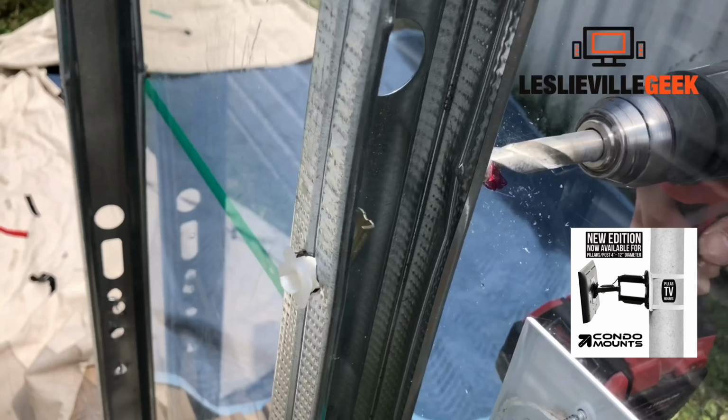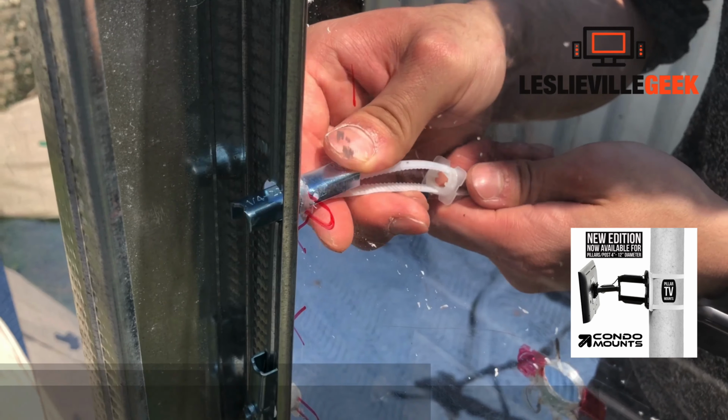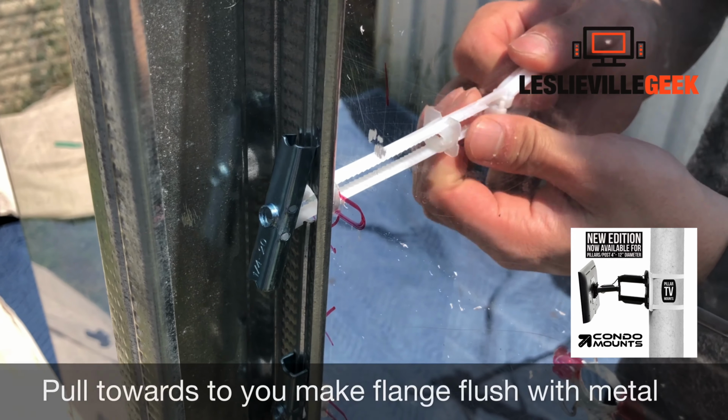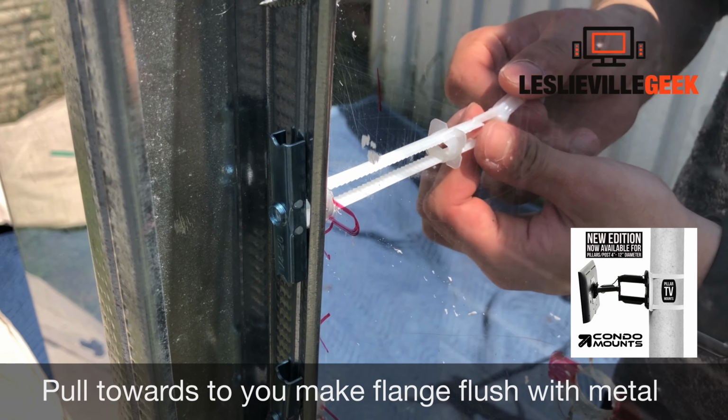So that is one hole. We are going to continue to drill 4 more holes, all the holes that we had marked for the wall mount. And now is the part where you're going to put in the anchors through your drywall and then through the metal stud